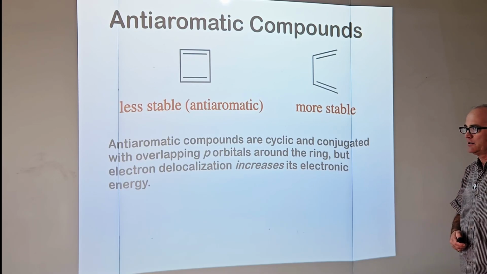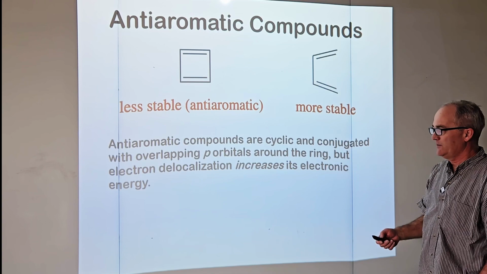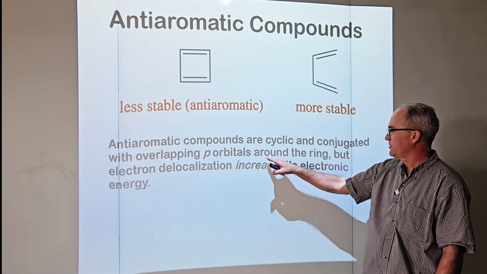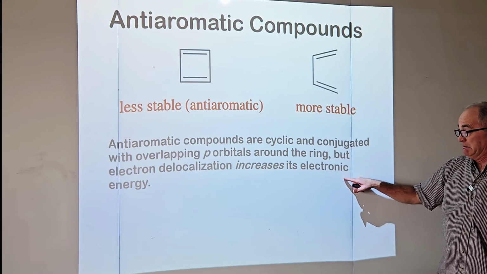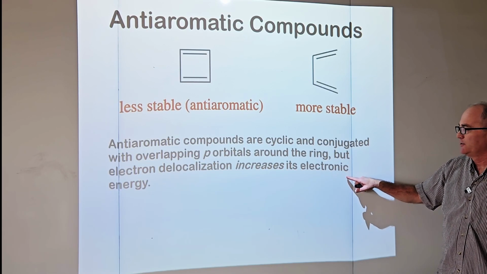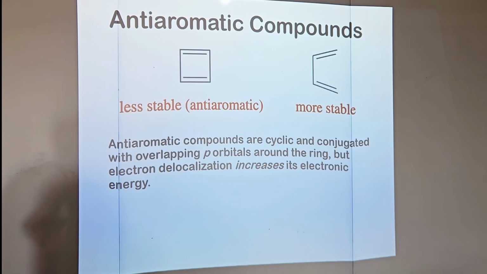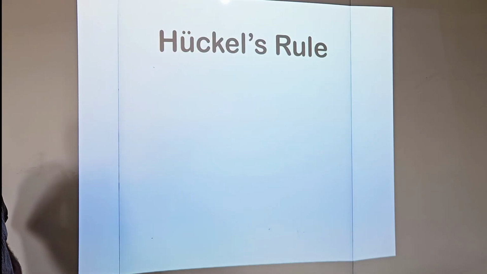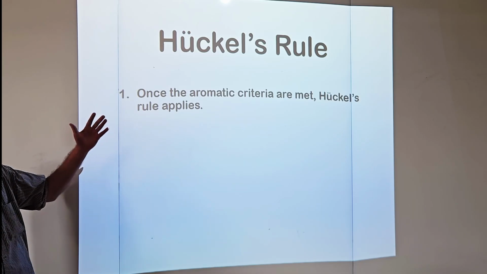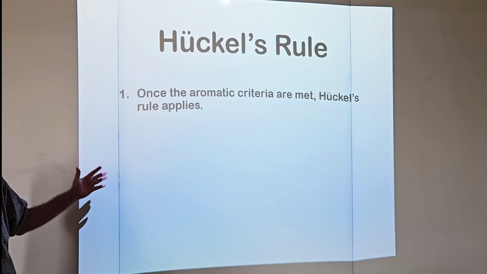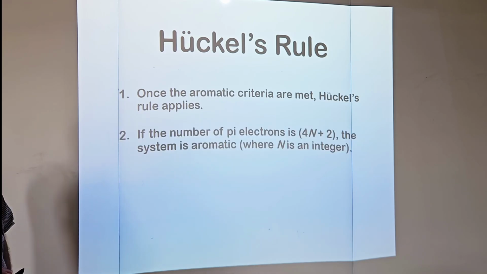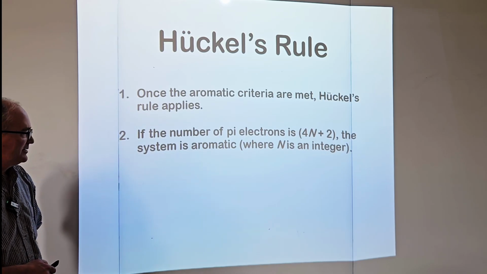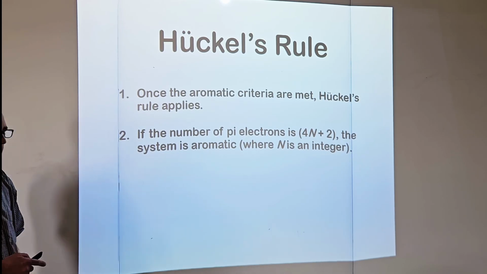Anti-aromatic compounds are cyclic and conjugated, and they have everything going for them. They've got the overlapping p orbitals around the ring, but electron delocalization increases the electronic energy. So this is violating number 4 of that list, Hückel's rule. So those 3 criteria, once those are met, you get to apply this rule here. If the number of pi electrons equals this magic formula, 4n plus 2, the system is aromatic, where n is